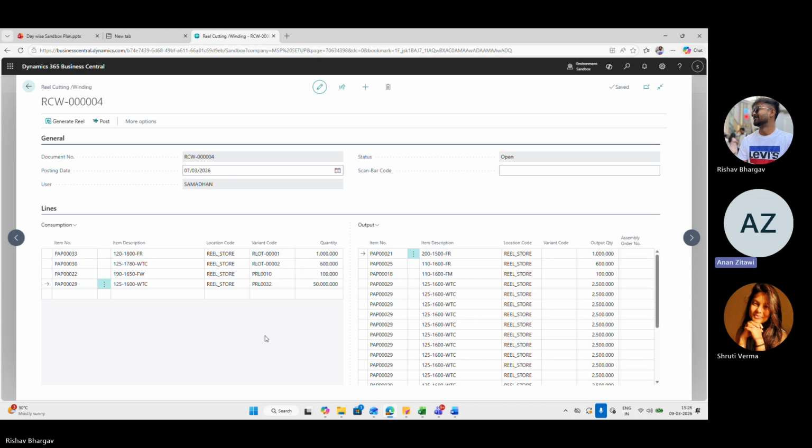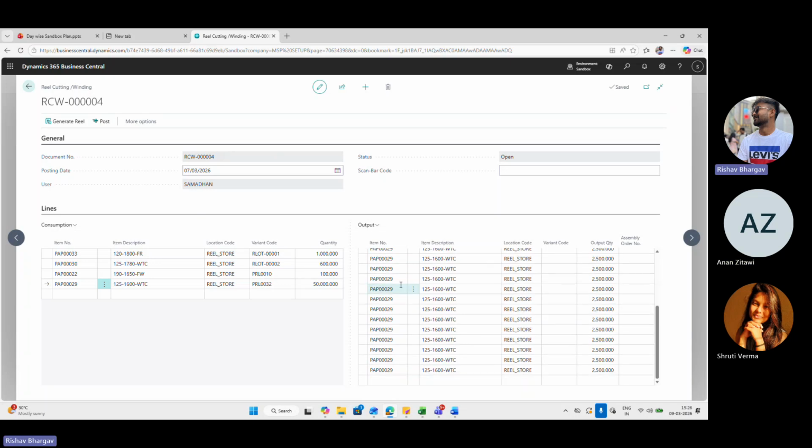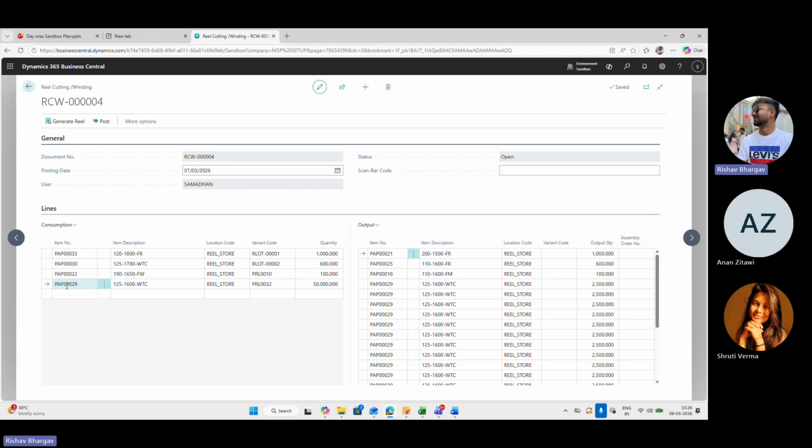In cutting, mainly we need to know how we can organize the output. I have one roll. We cut this roll into two rolls. How can I organize this in my journal? Here you can see that this paper 29 of 50,000 quantity has been converted to output quantity as 2,500.